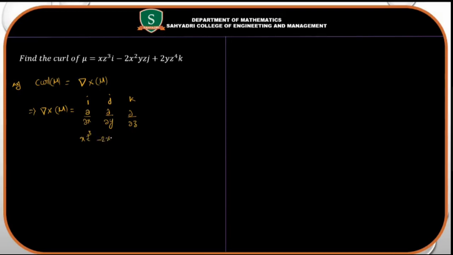minus 2x square y z, and plus 2y z power 4. So apply the determinant for this. This one is equal to, first take i. You have to exclude the i column and i row here, and apply the determinant for this 2 by 2